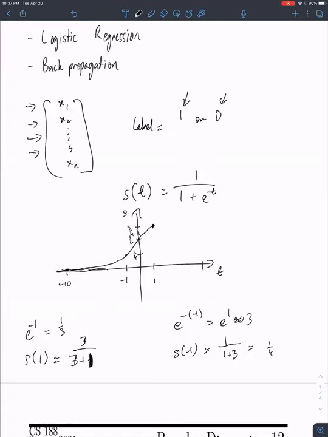And then when t is 10, e to the 10 is really big. So s of 10 is 1 over 1 plus, sorry, now we're talking about e to the minus 10, right? e to the minus 10 is a really small number, right? So this is approximately 1 divided by 1. So it's about 1, right? So basically,